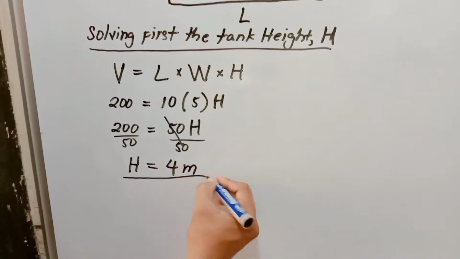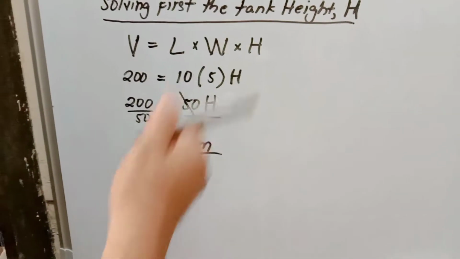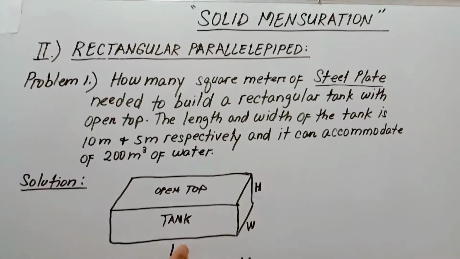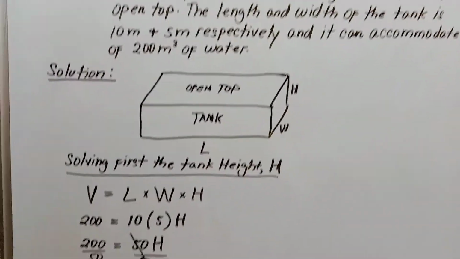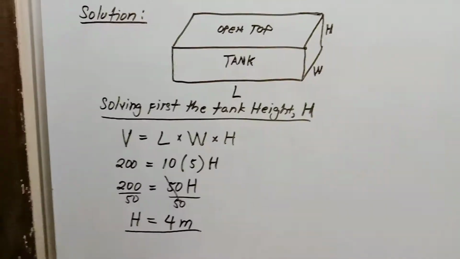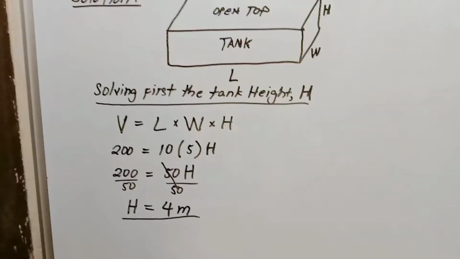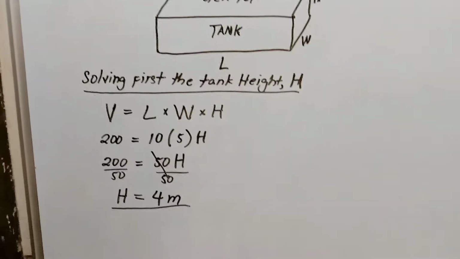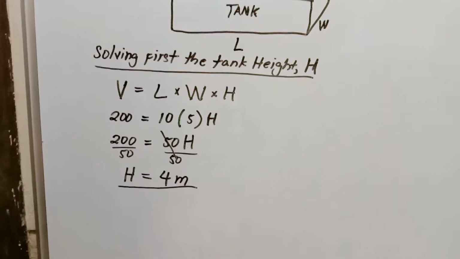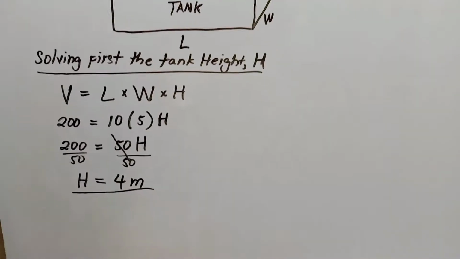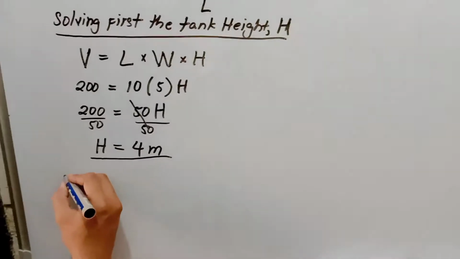Now, we have already the height of the tank. So all the dimensions are complete. The length, the width, and the height are already known. Now, in order to solve the area, or the total area in square meters, for making the rectangular tank, as we studied earlier,